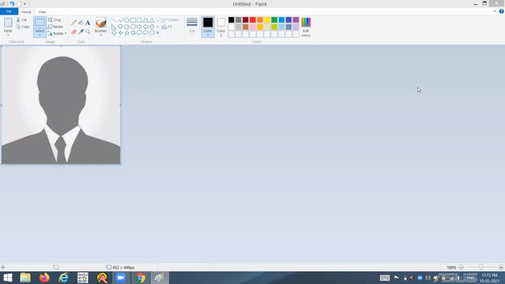Welcome back. Today we will see how to add name and date in the photograph. Observe here, this is a dummy photograph I have considered. Now to add name and date in the photograph, open the photo in Paint and